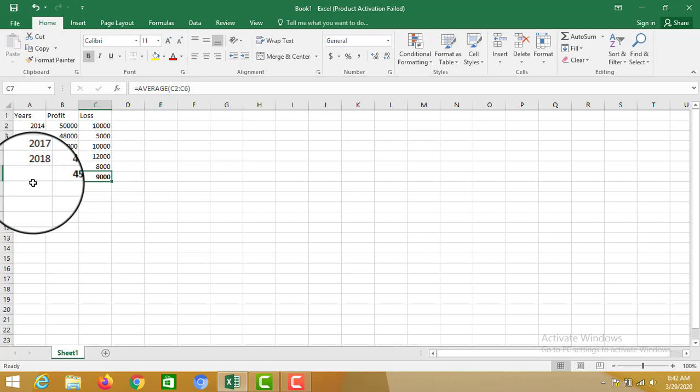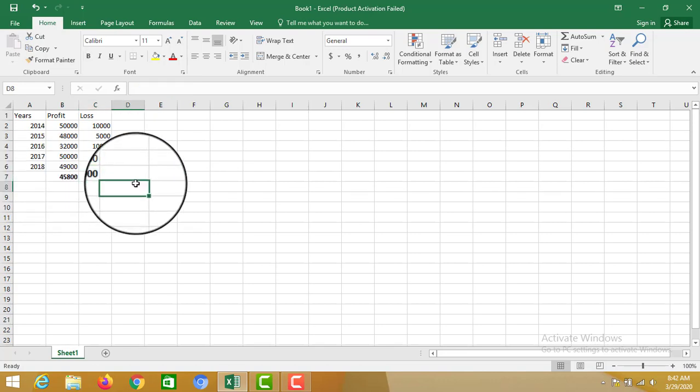these 5 years. So it was a quick trick through which you can easily calculate the average scores within the